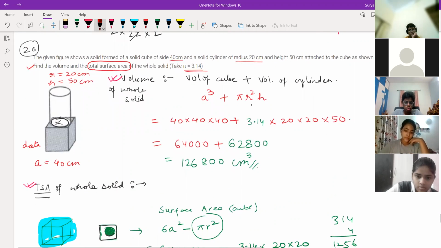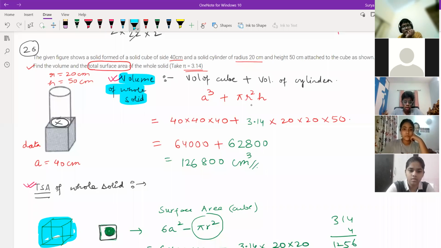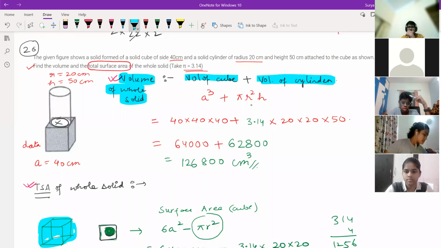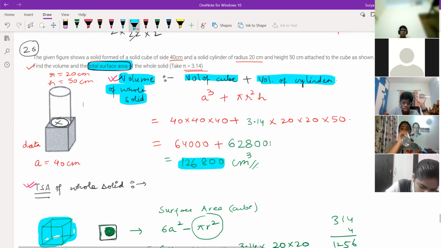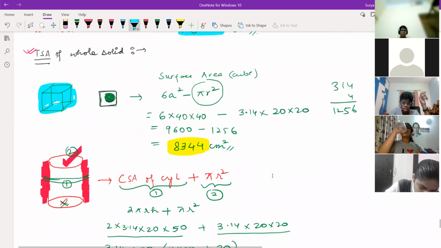If it is the volume part, you are just doing volume part. This is the easiest question of the world. Here only if you know the formula, you can do that easily. That is volume of the cube plus volume of cylinder. Without thinking, you just put the value, get the answer. But when it's coming total surface area of the thing, we should not write total surface area all the time. What we have to do, tell me?